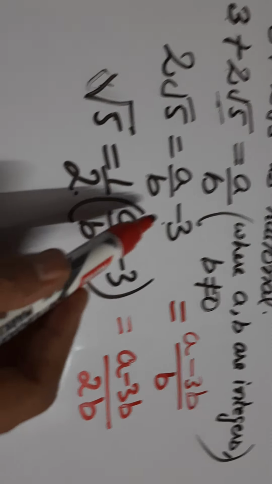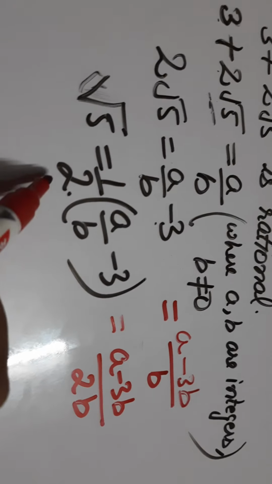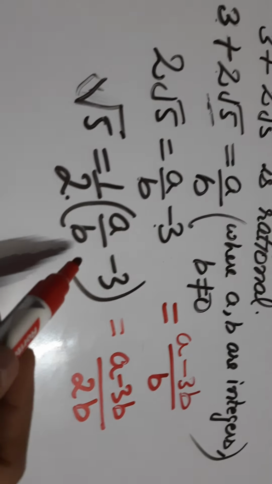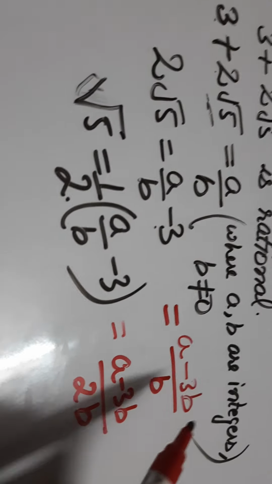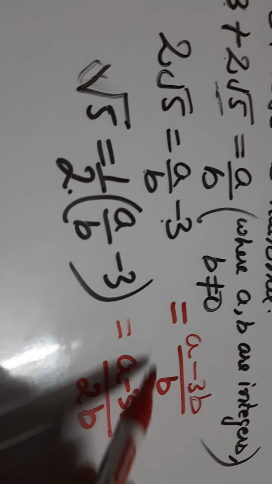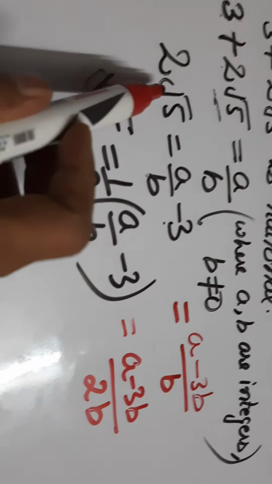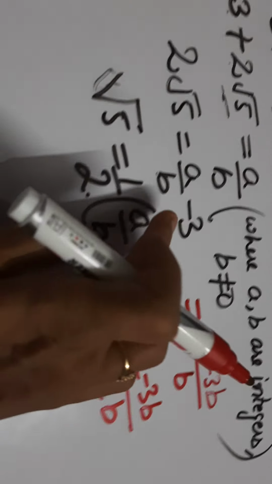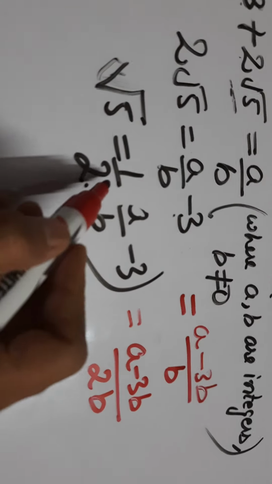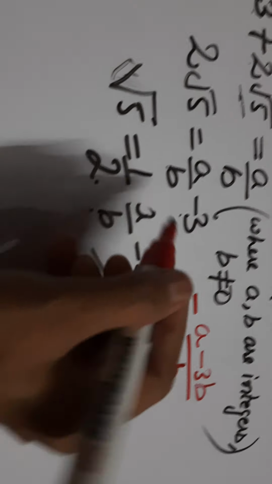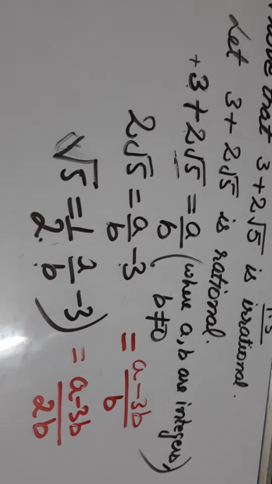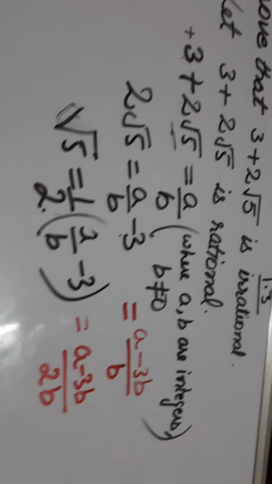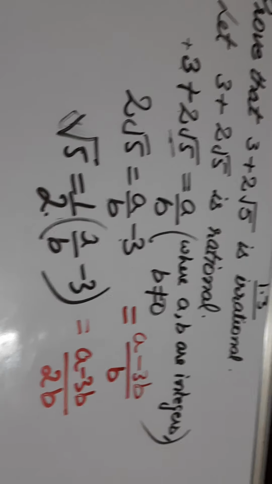Or we can take this 2 whole divided by 1/2. If we do not want to take LCM, we can do it in this way. Or we can take the LCM first, and then 2 is multiplying, here it will become divided. But if you do not use this bracket and just write 2 like this, your half marks will be deducted, the calculation will become wrong. So I hope it is clear to you.